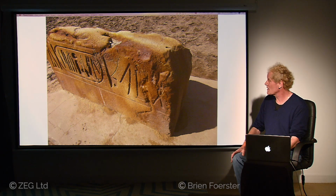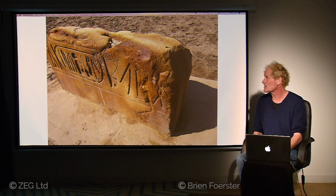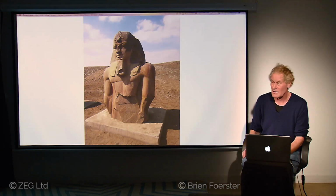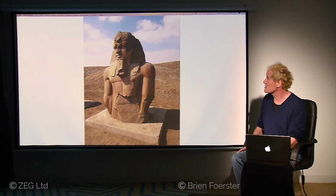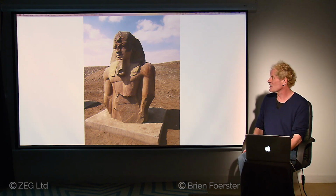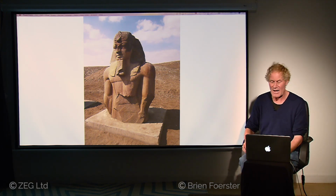This piece of quartzite was struck by intense heat because it should be a cream color, but you can see some of the surfaces are melted. So that tells us, again, high heat at Tanis. And then the right side of this face is burnt off. Again, this is quartzite. So this is a pre-dynastic sculpture that was struck by the cataclysmic heat and was found,